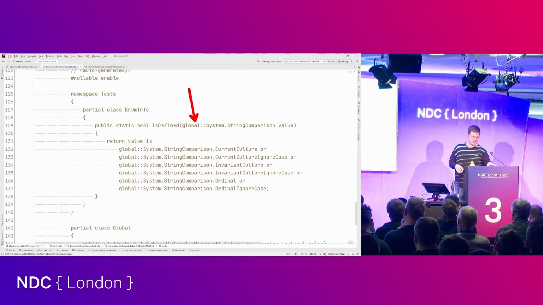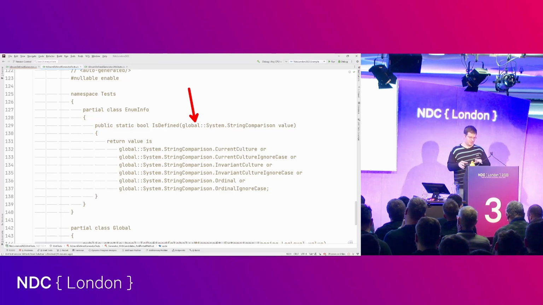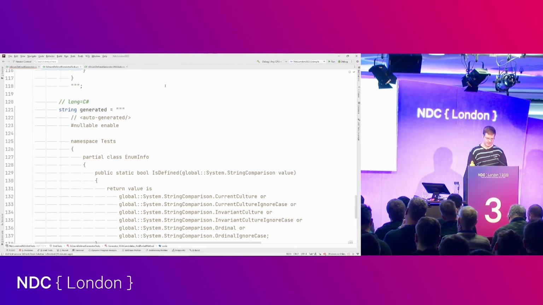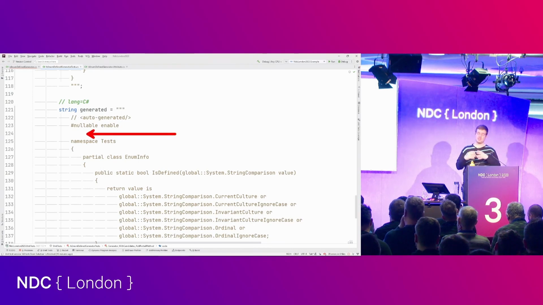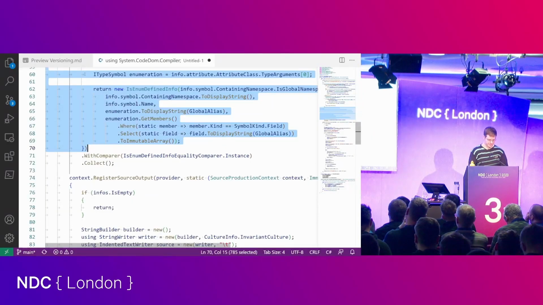So the user could declare their own System.StringComparison, or could declare their own type in a different namespace from the BCL, and with that we can potentially avoid these errors. I rarely saw that there is actually a using declaration in source-generated code. So we need the full name with the global identifier, the global alias, and